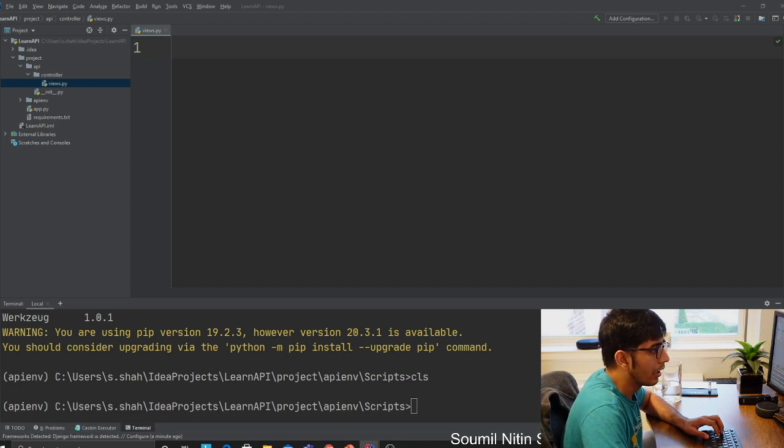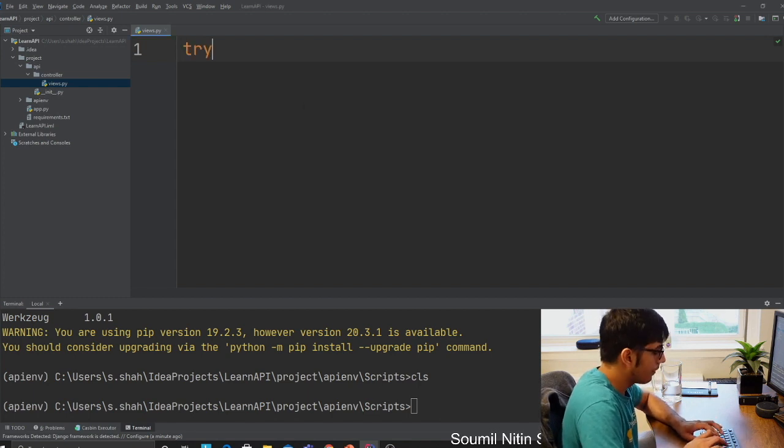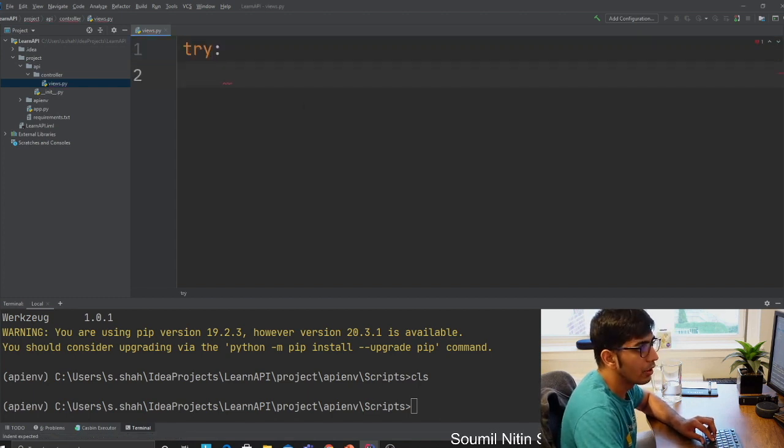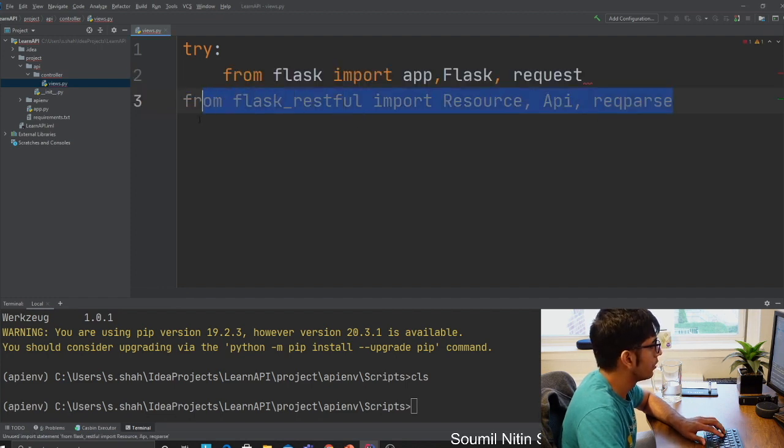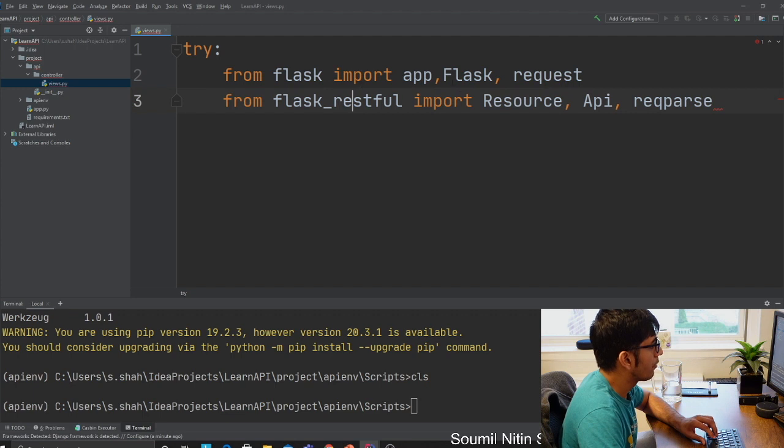Okay, so that's done. Now what you want to do is, first of all, in the views.py, which is right here, you want to create a very simple controller, right? So first of all, I would say try, and here you want to import two libraries, that is Flask and Flask RESTful. So that's done. So you want to import from Flask app, Flask request, from Flask RESTful, resource API, and request parse. Once done that, make sure to import also OS